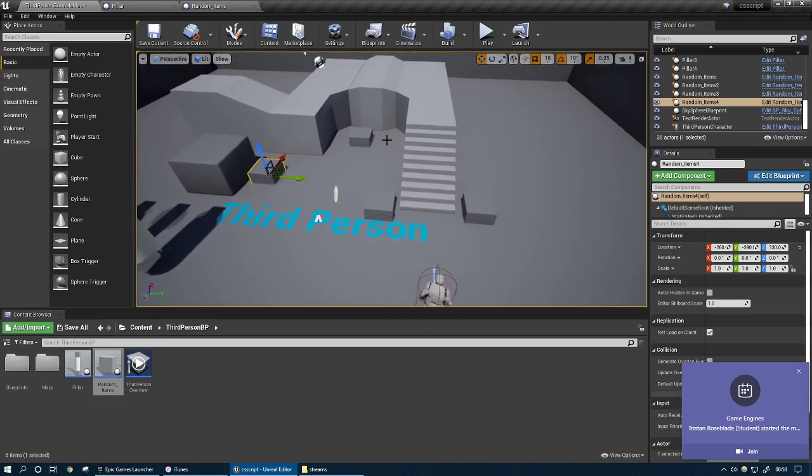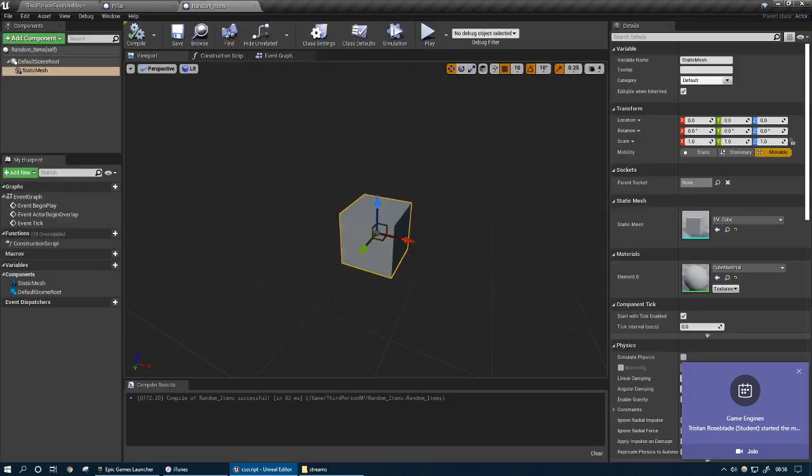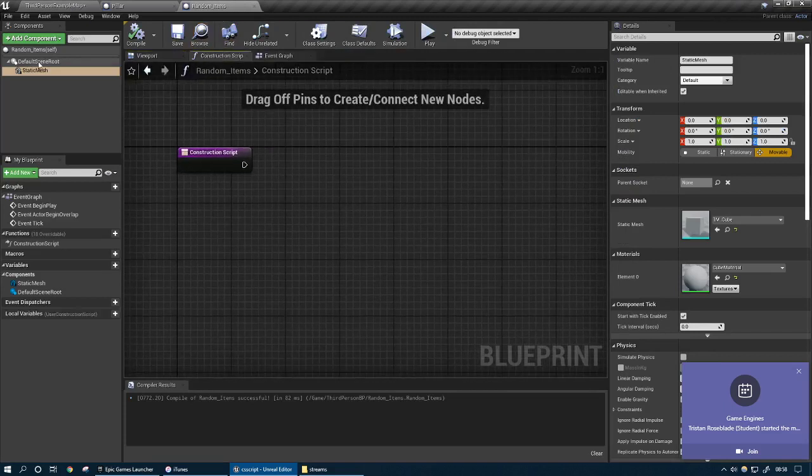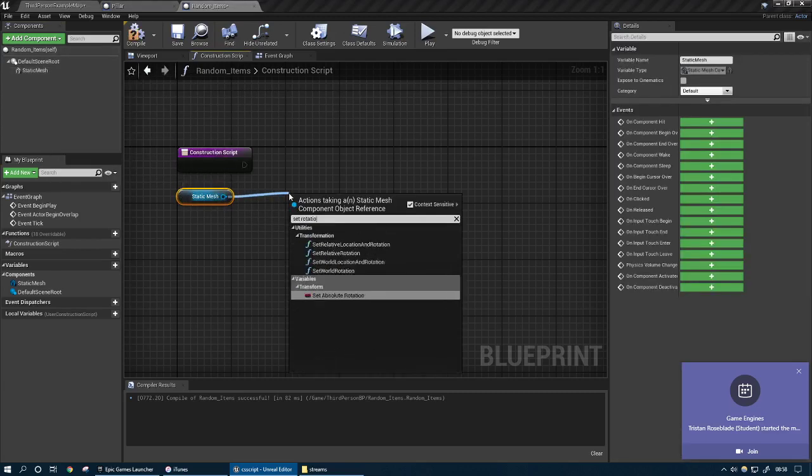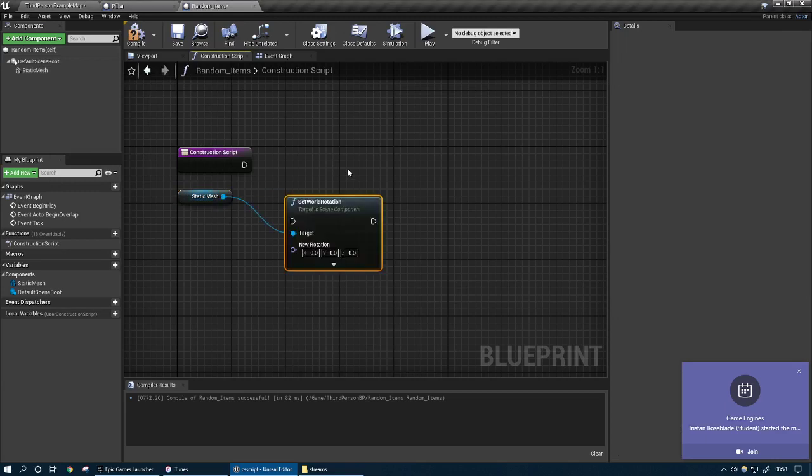So what we can do is we can use ConstructionScript to randomly rotate them for us, so everything looks a little unique. So if I jump into ConstructionScript for this, all I need to do is I grab that mesh, and I want to set its rotation. We set it to world rotation,